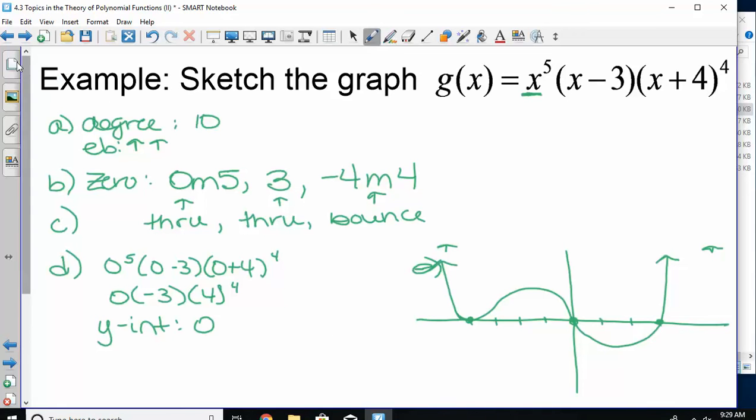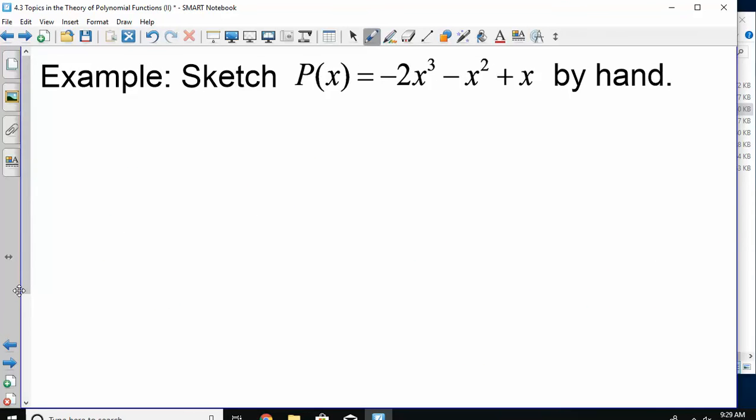One last problem. This one is a bit different because it's not factored at the beginning. We can go ahead and start. The degree is a little bit easier here. If it's not factored, it's just the highest power we see, so that is 3. End behavior, we know if it's degree 3, it looks like a cube, but the negative in front would flip it, so our end behavior will be